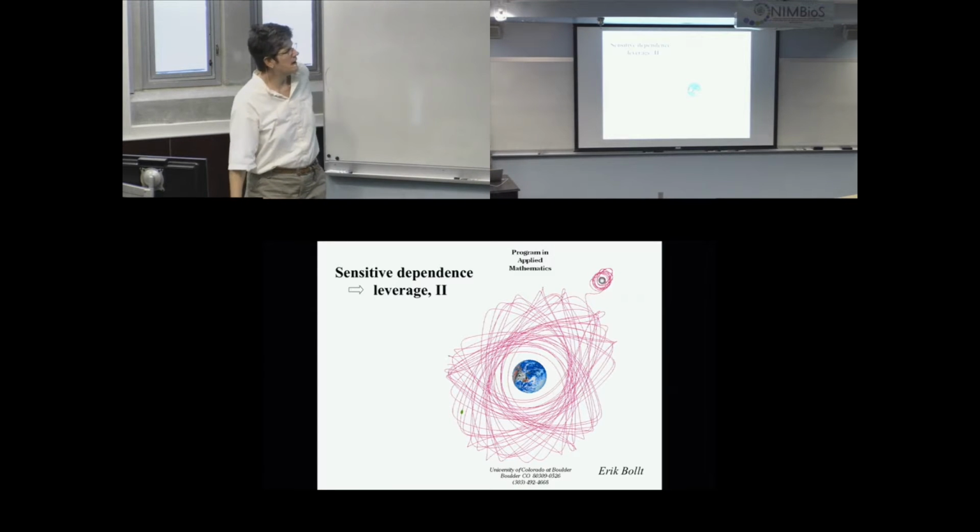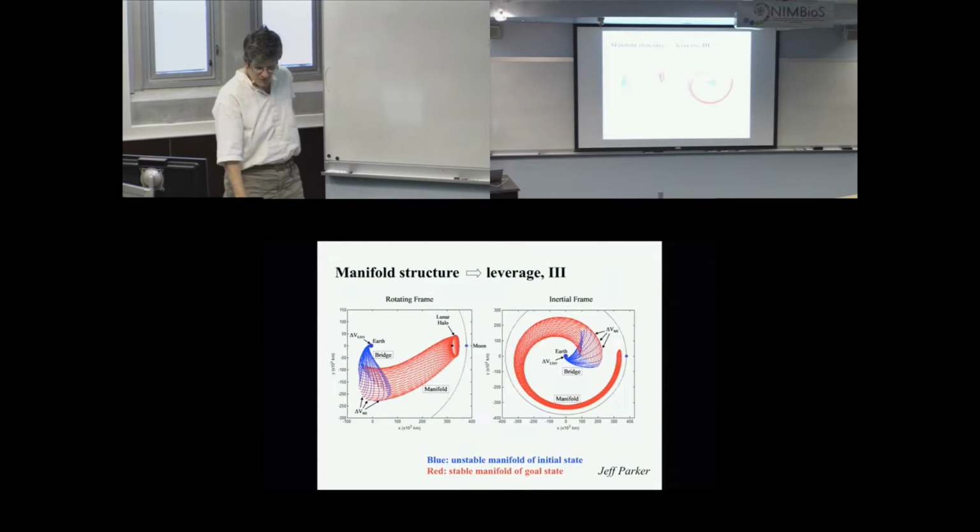And his capstone example of his thesis was, how do you get to the moon using less gas? And some of us are old enough to remember it takes about a week to get to the moon with the standard kind of orbits. This took 2 years, but it used 38% less gas. So if you're carrying stuff and not people, this is a win. Okay. And there's been lots of other good work in this area.